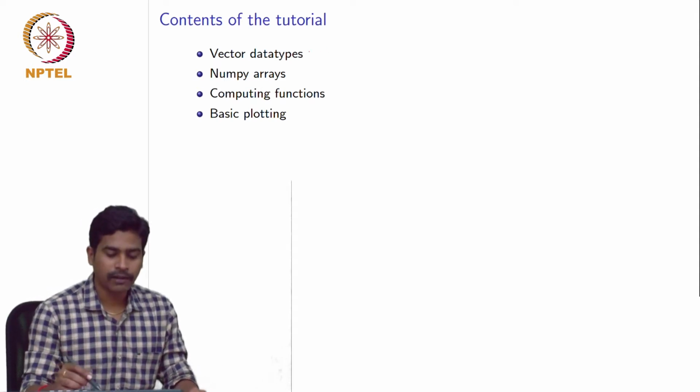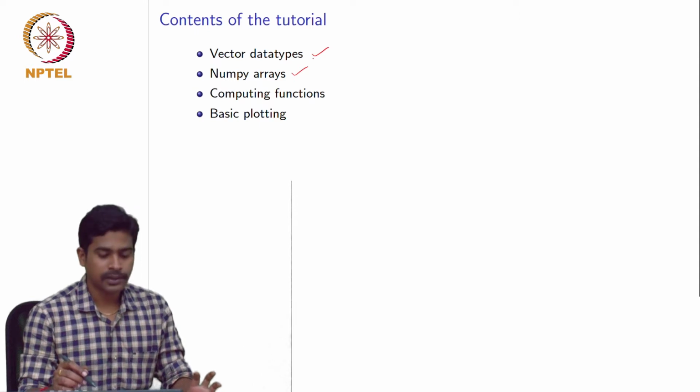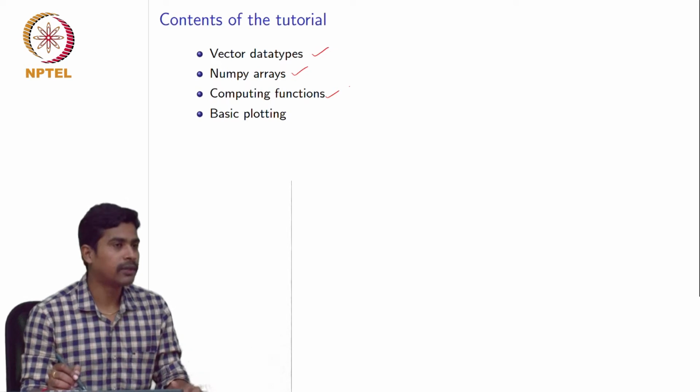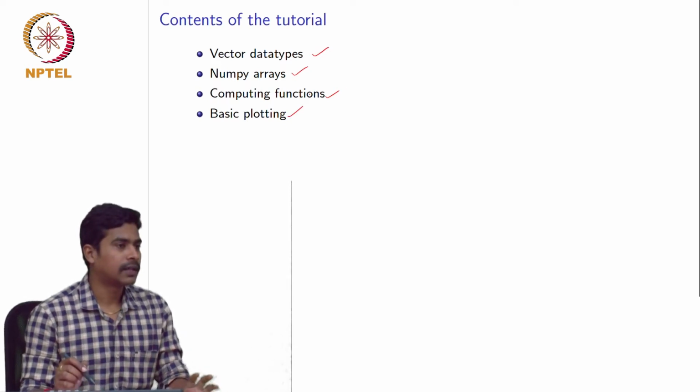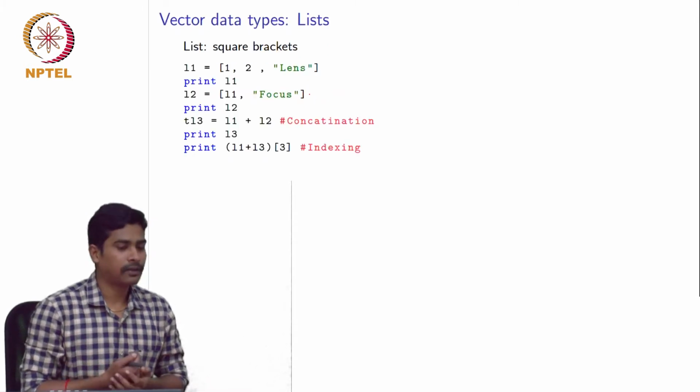So in this lecture we are going to cover these topics. So the vector data types. So these are similar to arrays in C programming, and after that I will introduce the NumPy module, which is basically an array, but it is very powerful. So you can compute, you can manipulate these arrays much faster compared to a normal list. And later on we'll see how we'll use these NumPy arrays to compute 1D and 2D functions. And finally I'll show you how to plot data or images in Python. So that's the content for today's lecture. So let's go into vector data types.